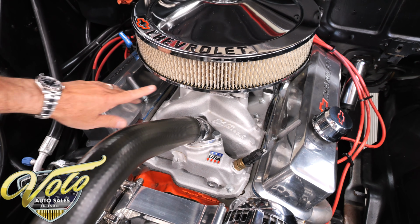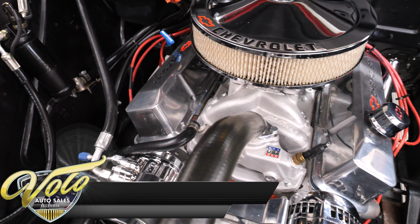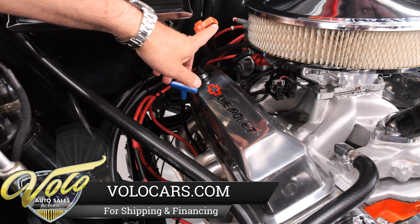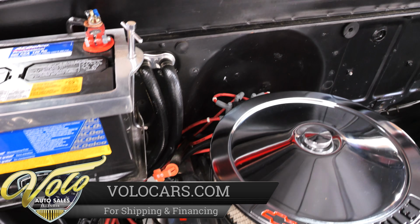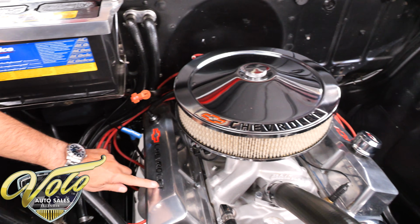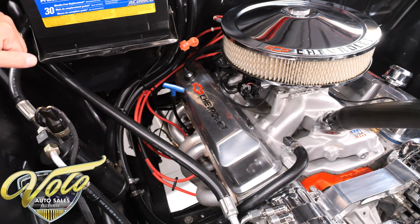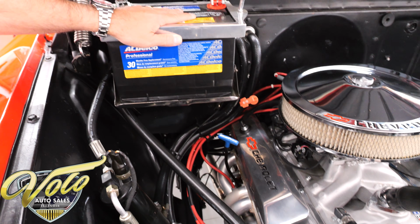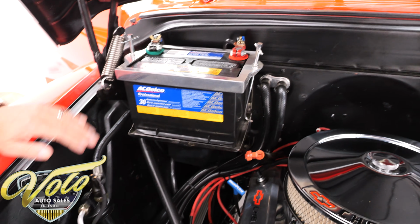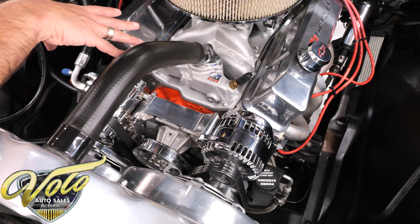Aluminum Edelbrock intake with a Sniper electronic fuel injection system. It looks like it has a billet distributor, HEI ignition in the back. The Chevrolet on the air cleaner matches the tall valve covers. Has a set of coated headers. Battery is mounted properly. Nice billet hold down. New cable ends. And if you look down at the front of the motor, it looks like the March runner